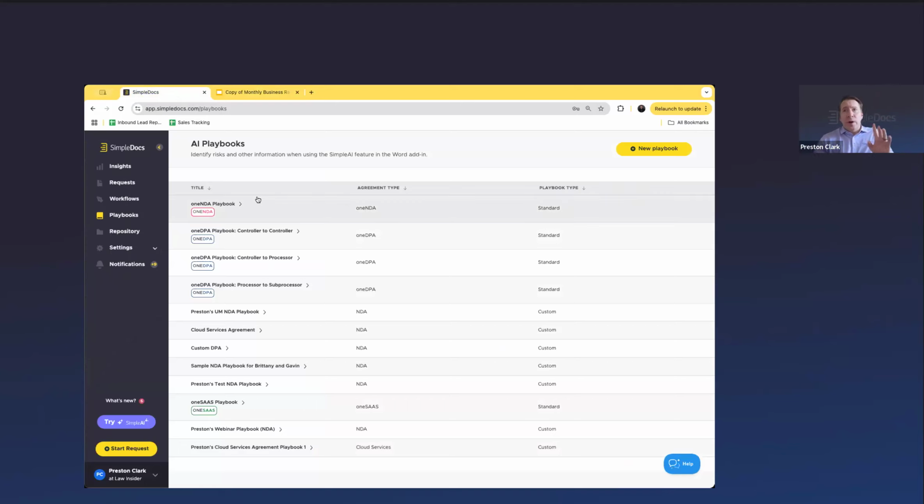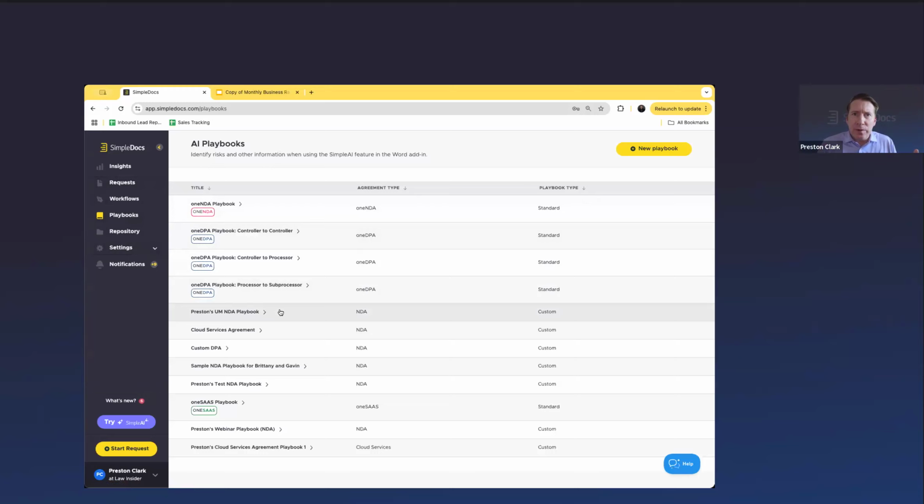Okay, so I'm going to start with the back end first. These aren't where the major updates are, but I know some of you are not yet familiar with SimpleDocs. SimpleDocs is a contract lifecycle management platform. We do lots of things that are beyond the scope of drafting and redlining, which is what we're going to talk about today. But if you're disoriented by how many buttons and options there are on this screen, there's just a lot more here than what we're going to talk about today. So I'll leave it at that. This is the back end.